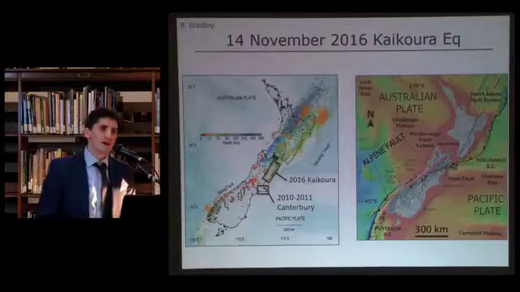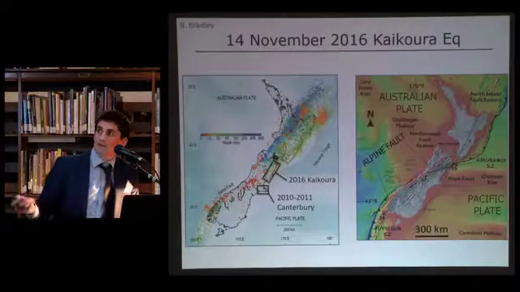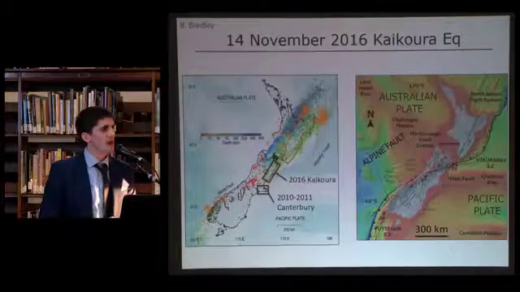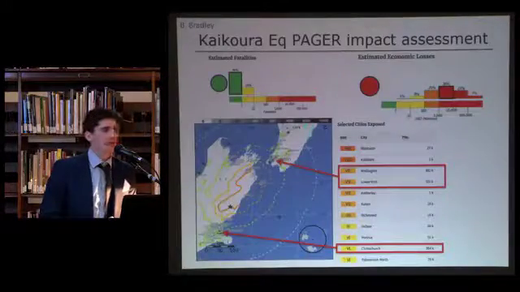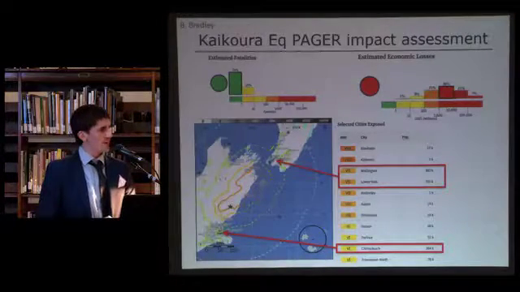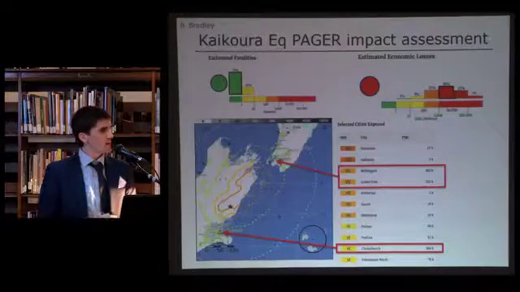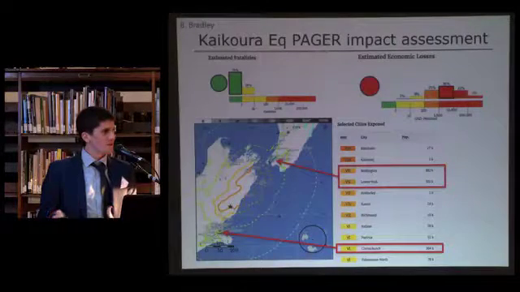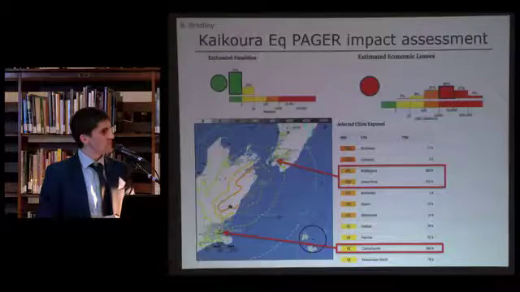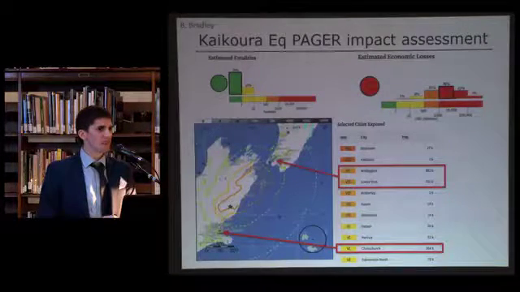Okay, on to the Kaikoura earthquake. Just to reiterate, since a few slides ago, where in the country it is. So as I mentioned before, it was in an area of particularly high seismic activity historically, but it was also in an area where there was relatively low population density. So New Zealand geographically is about the same size as California. However, it only has a little under 5 million people compared to something on the order of 50 in California.